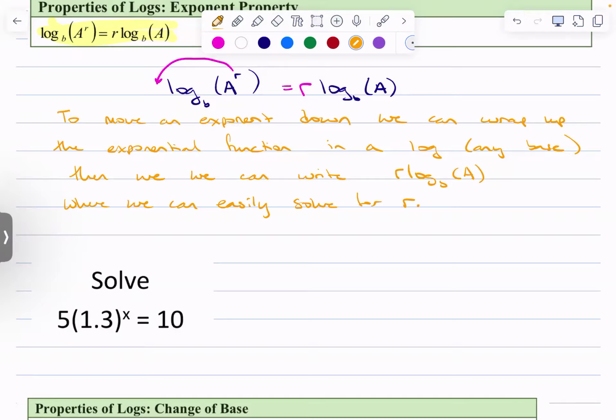So that's the key. In order to use this trick, though, it's not a trick, it's a log law,